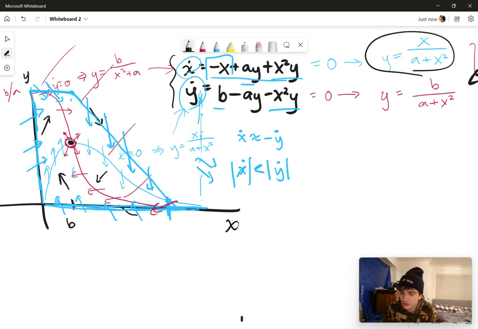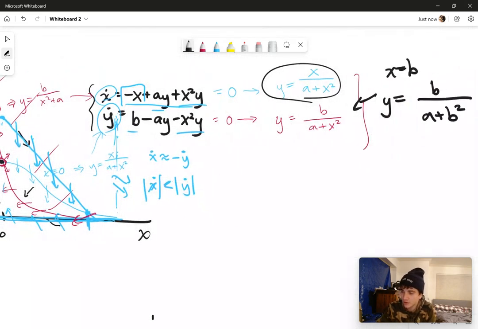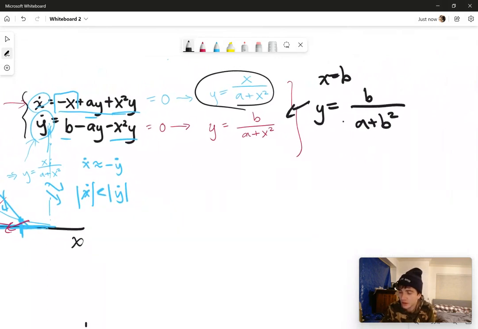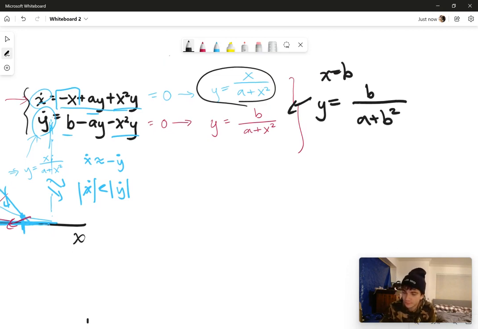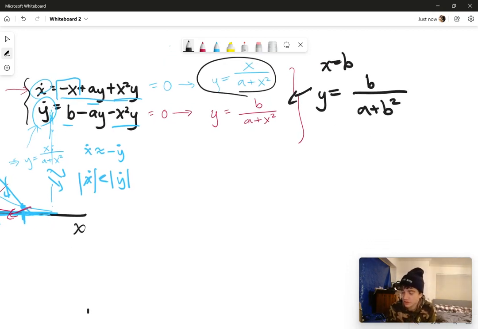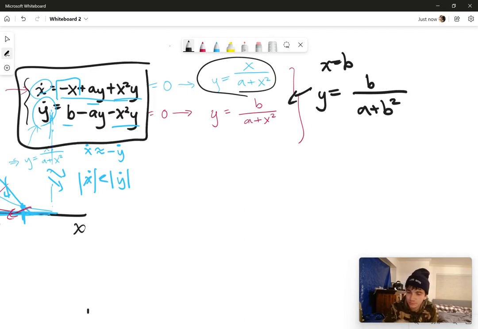unstable. So first of all, let's explicitly determine the coordinates of the fixed point. Okay, and I've done that here. So we know x equals b, and then the last thing is I just plugged in x equals b to the equations of the null lines, and we get y is equal to b over a plus b squared. So now I'm going to take the Jacobian of our system here and plug in and evaluate that Jacobian at